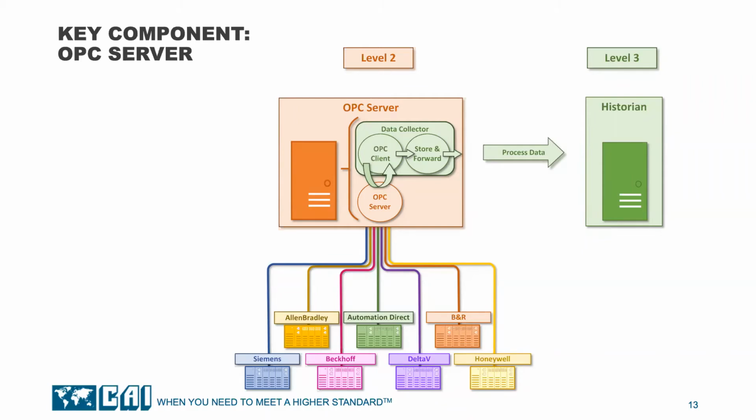If we look at the lower section of the diagram, we see that the OPC server makes direct connections with the process controllers from various suppliers. The software programs that connect the OPC server to the process controllers are called drivers. The data historian doesn't have to worry about the details of these drivers with Allen Bradley, Siemens, Delta V, etc. The OPC server supplier manages this complexity for us.